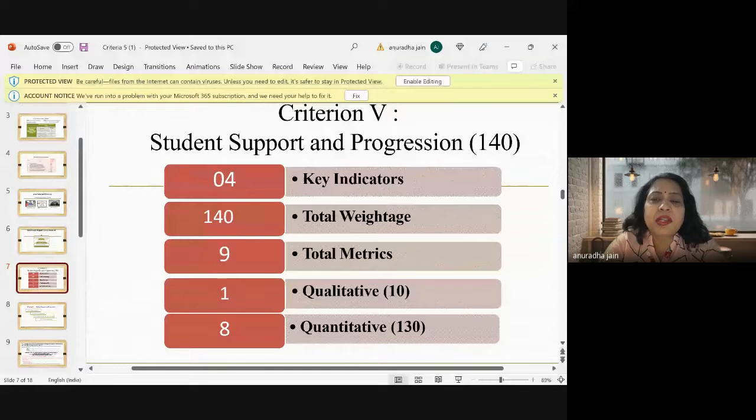If more metrics are quantitative in nature, you have to prepare a lot of data and supporting documents, because nobody will ask you. They will not come and see what you have done, so you will not get a second chance or opportunity to show your work. For each and every metric, each and every data, you should have the supporting document since the beginning, otherwise you will be in trouble. When DVV takes place, they ask for all the attendance sheets of the students, all events and activities organized for the students, all student participation, student awards, everything. So you should have all the certificates of the